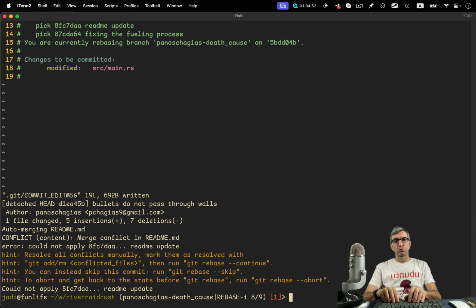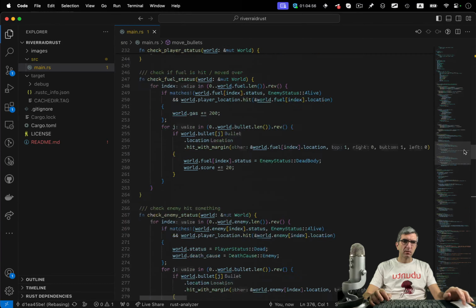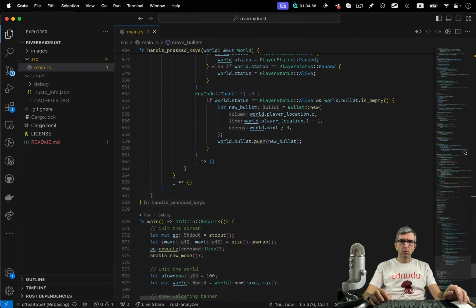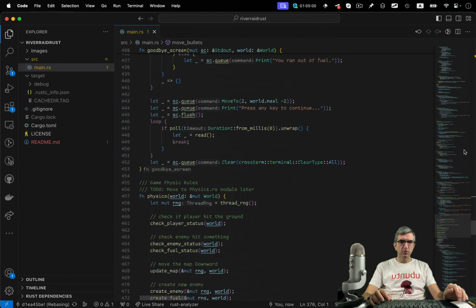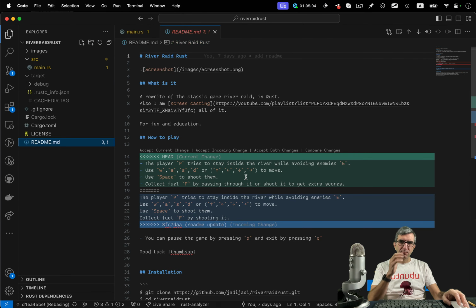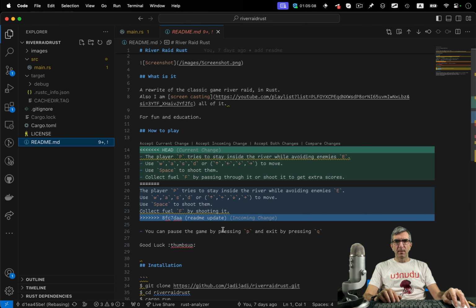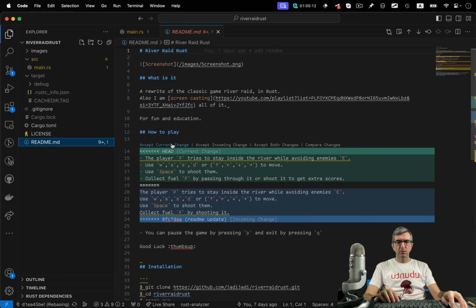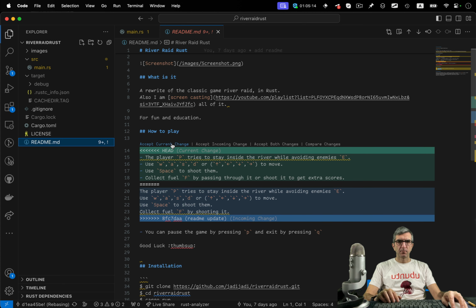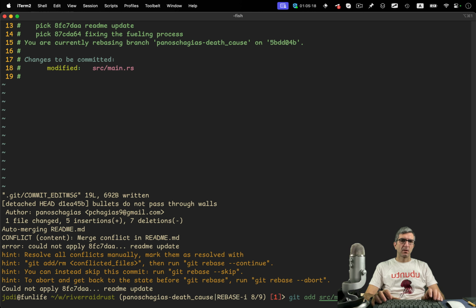And we have the next one. What is this one? Oh. Where is it? It's in the README. I will keep the current one. So cargo.